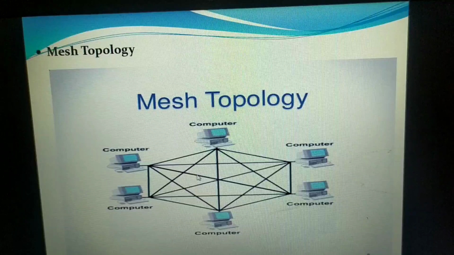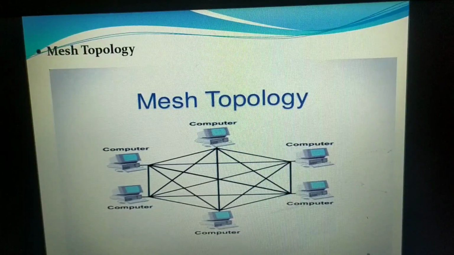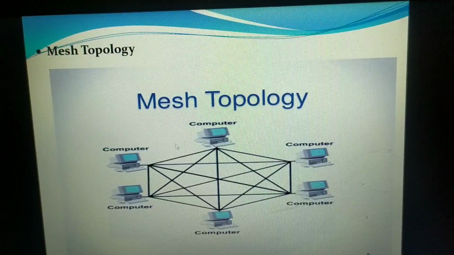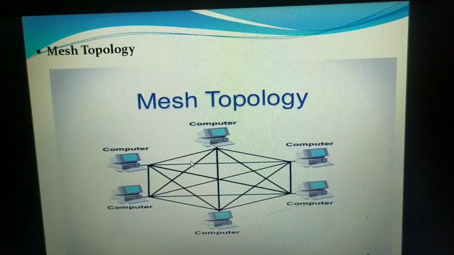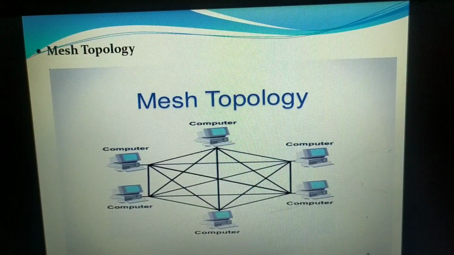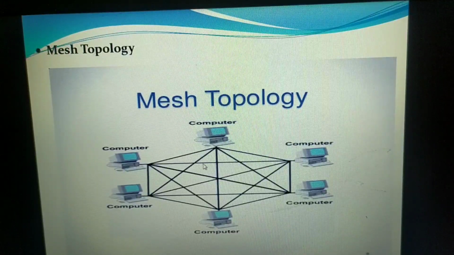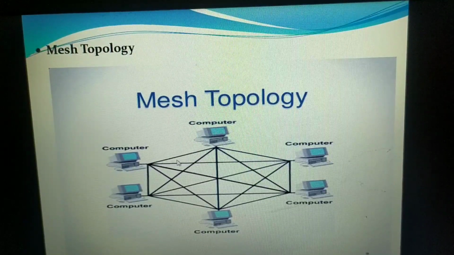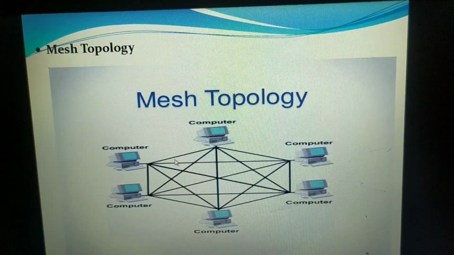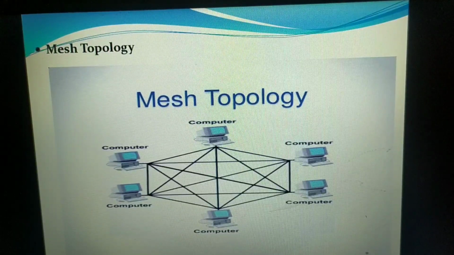In the previous graph topology, we studied that if the nodes are connected to each and every other node, then I can say it is a fully connected graph. But there is one exception in graph topology: the nodes are in an arbitrary fashion, so it may not have a definite shape. They may be connected alternatively, and a link may exist between two nodes, or they may not be connected at all. That is the graph topology.